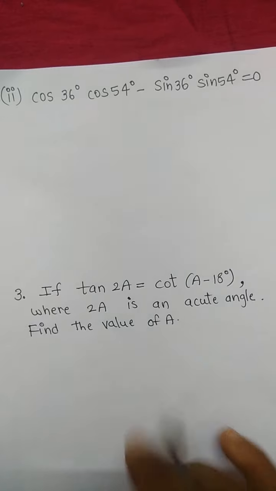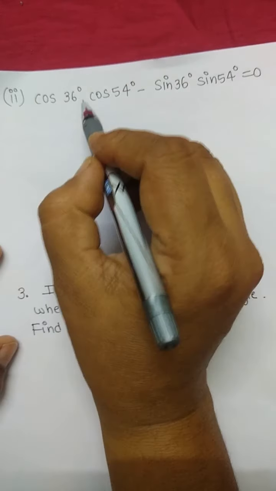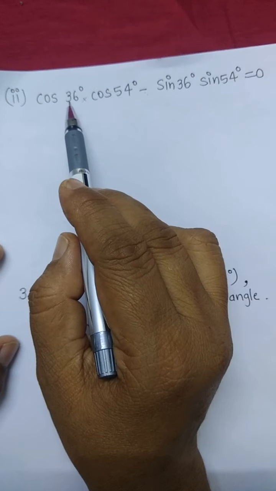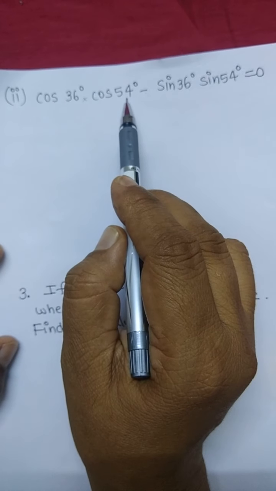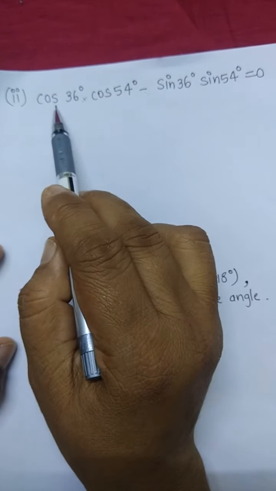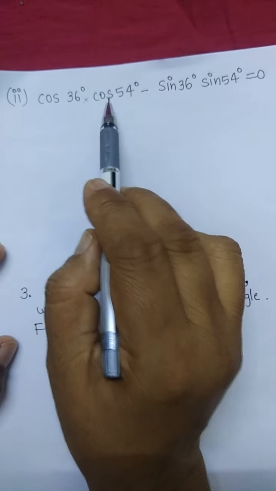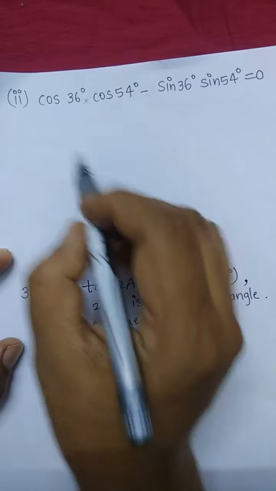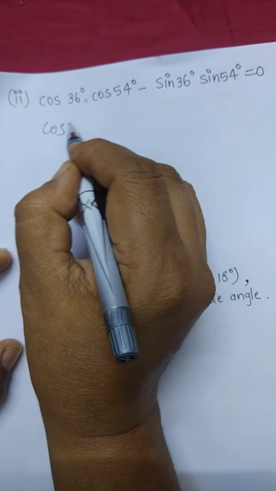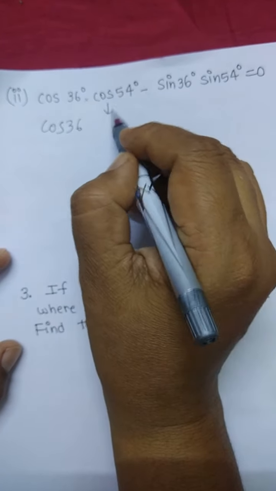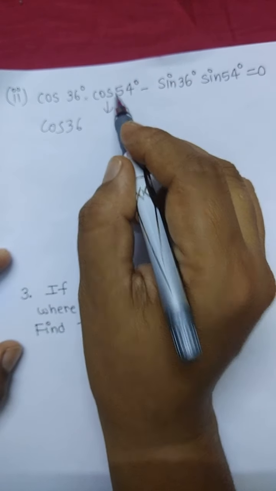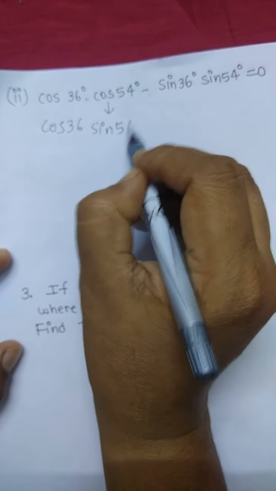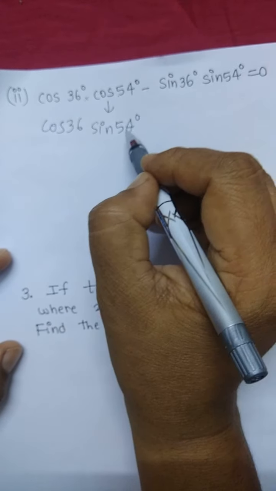See this type of problem now. Here these two are multiplied and this is minus here. So check, 36 plus 54 is 90, yes? So what we have to do? Out of the two we convert any one. So now we convert, suppose, the second one. So the first one as it is. The second in complementary ratio: cos's complementary ratio is sine, 54 degree. 54 degree, right?